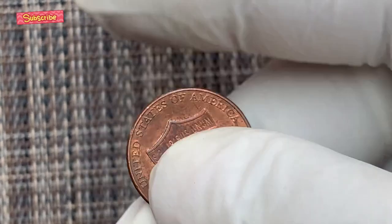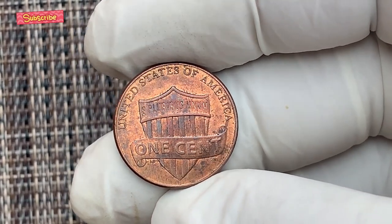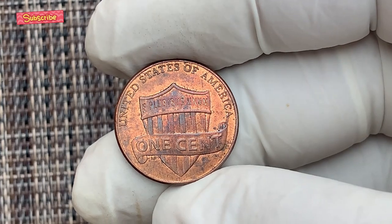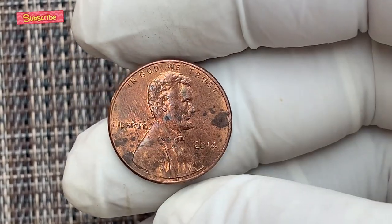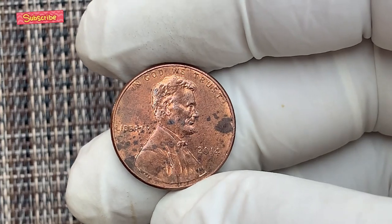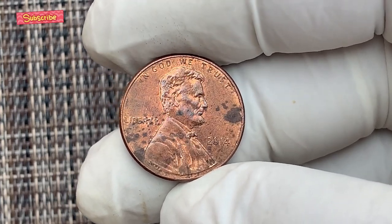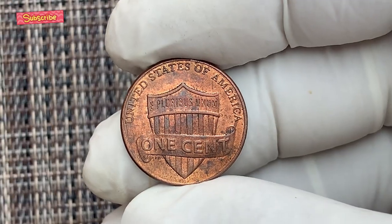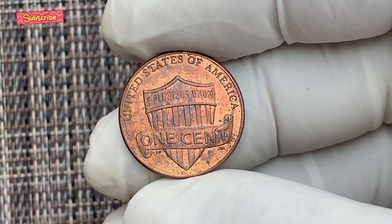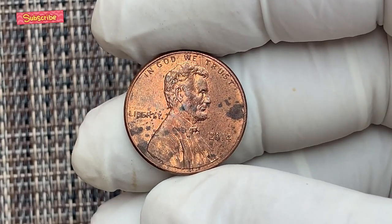The collector didn't speak. Not at first. He simply stared at the coin in silence, feeling a mixture of disbelief and rising anticipation. He'd seen such errors before, on coins from the 1950s, the 70s, and famously in the 1984 cent. But never in something so new. Could it really be? He placed the coin in a protective flip, labeled it with a question mark, and began